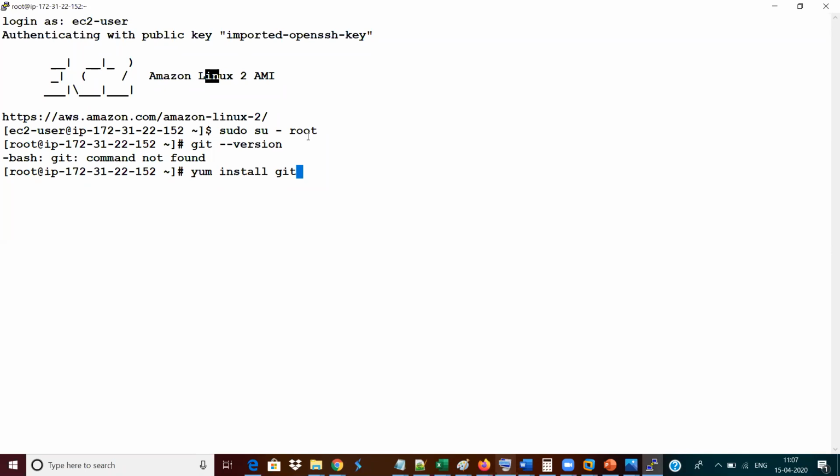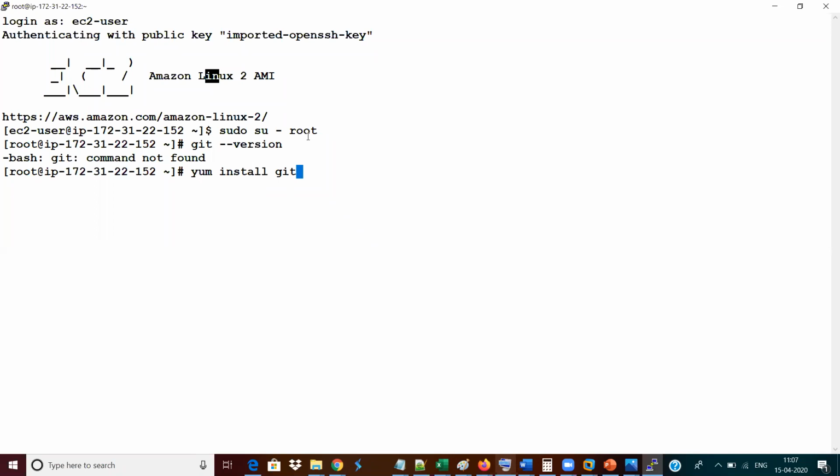You need to write a command called yum. After accessing that particular machine, you are going to install. What are you going to install? You are going to install Git. So yum install git is the command which is used to install your Git. So here I'm going to use the installation of Git. Check out here, yum install git is more than enough for you to proceed with the installation.